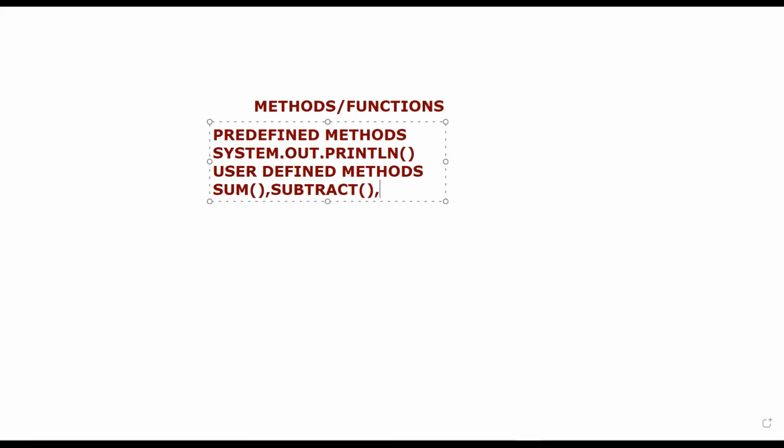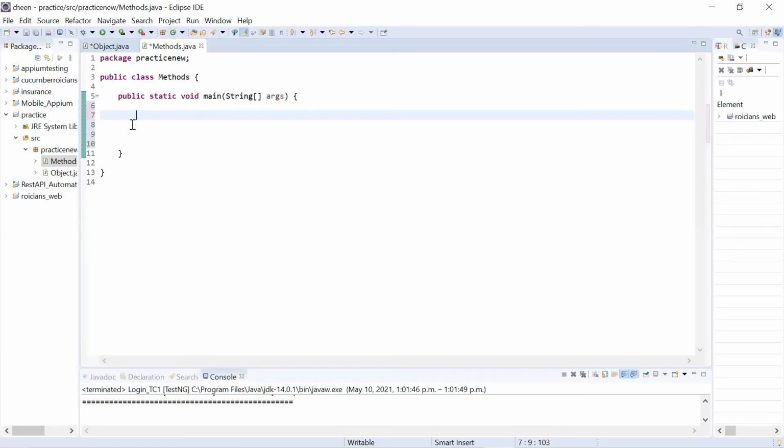Let's understand how to create a method. I've already created one class called methods. You can give any name to the class. So here I'm going to show you different types of methods. First, I'm going to create a method without a return type. So guys, it's not like a method always returns you something. Sometimes methods are created to execute some block of statements, but they are not returning you the result. So it's just executing the block of statements. That's it. It might or might not be returning you anything. So first I'm going to show you an example in which methods do not have any return type.